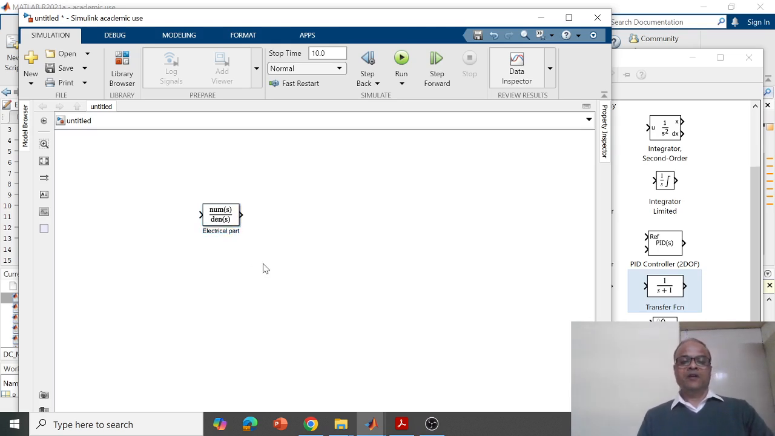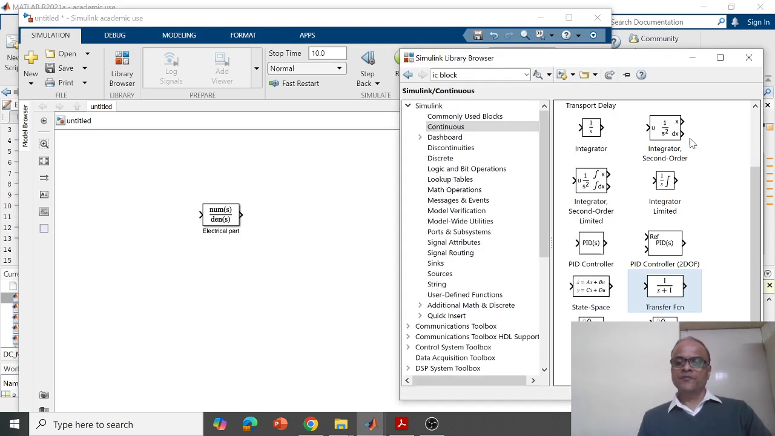Okay, then after this we have the output of the armature circuit. The voltage would be input and the output would be current, and this current then would generate torque. So now we need to define the torque constant. Again we go to the library browser. That is defined by the gain of the torque constant, the gain for the current to torque conversion, which is kT. So let us go to